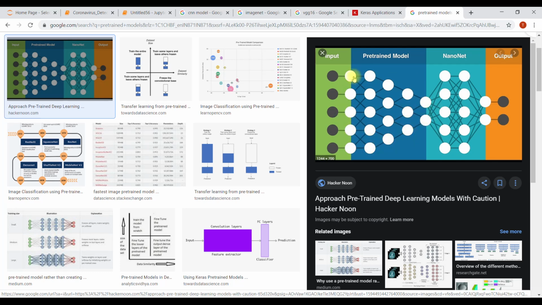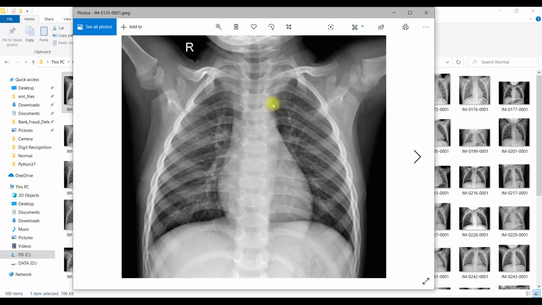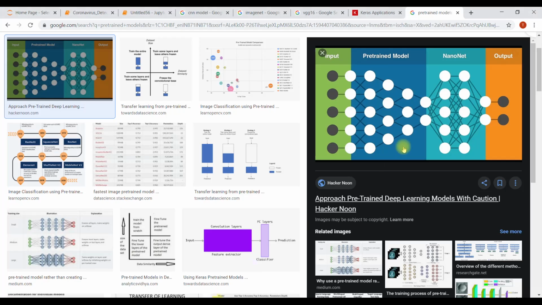It's going to act like a feature extractor. Our COVID-19 images, all the features, all the pixels, will be captured here, and only our part will be fine-tuned. These layers are already fine-tuned, so we will not train this part, which is the 16 layers.